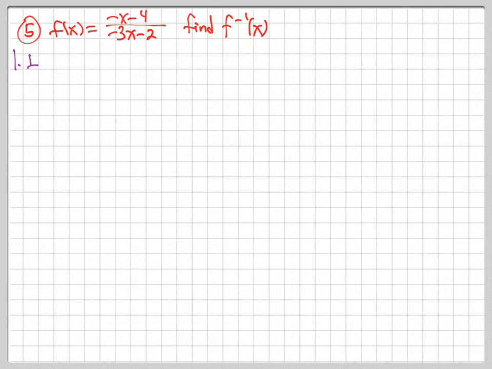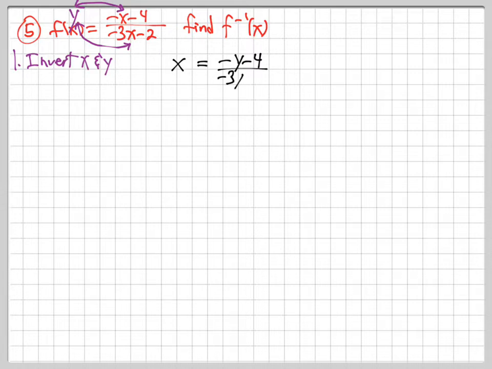Step number 1, invert x and y. So this is y out here. The y will trade with the x in both places. So it'll become x over here, and then minus y minus 4 over minus 3y minus 2. Like that. Okay, step 2,